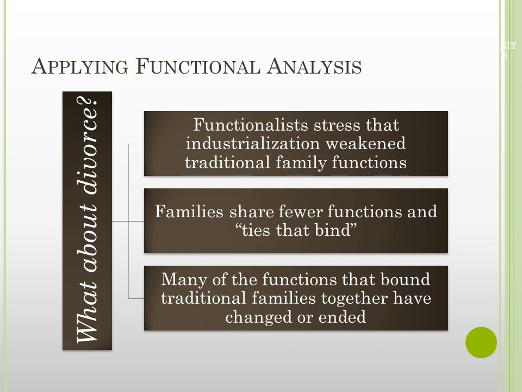The functionalist perspective, again, if we're asking the question, why did rates of divorce begin to increase? Functionalists would also say that many of the functions that bound traditional families together changed or ended. So again, when we're using a functionalist perspective, we're looking at what changes occurred within the institution, what either weakened or strengthened them in particular, right? And how those changes in the institutions of family, religion, economy, education, or government caused shifts in society overall. Okay,